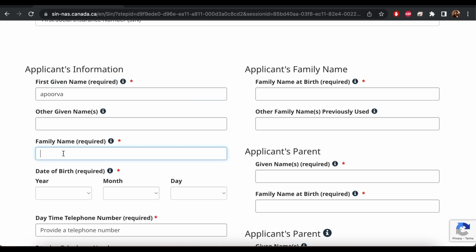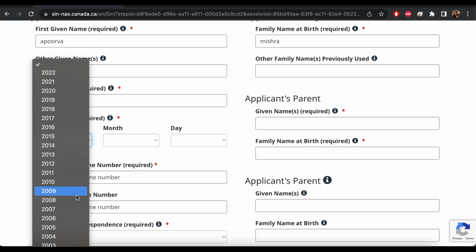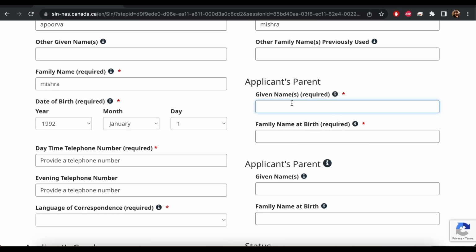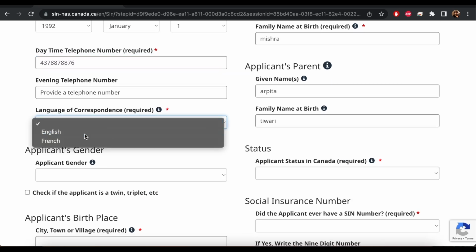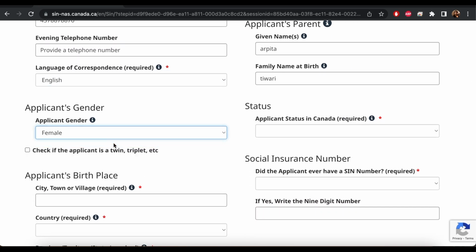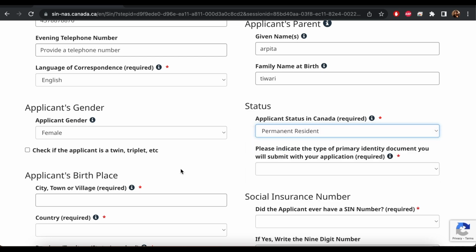So first name, last name is the family name, and family name at birth. Since my wife did not really change her name, her last name remains the same. This is the date of birth, and this is where you'll provide your parents' names at birth. Then, pretty straightforward, provide a telephone number, language of correspondence English, gender, status in Canada is permanent resident, then some